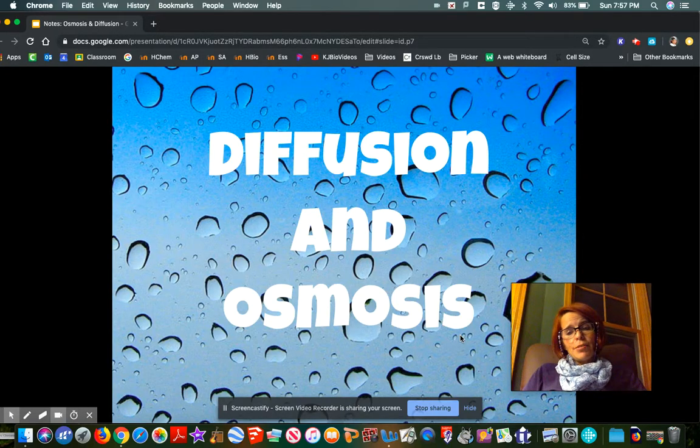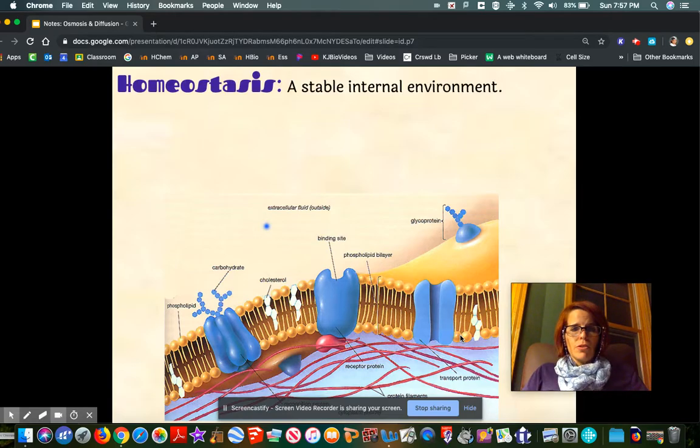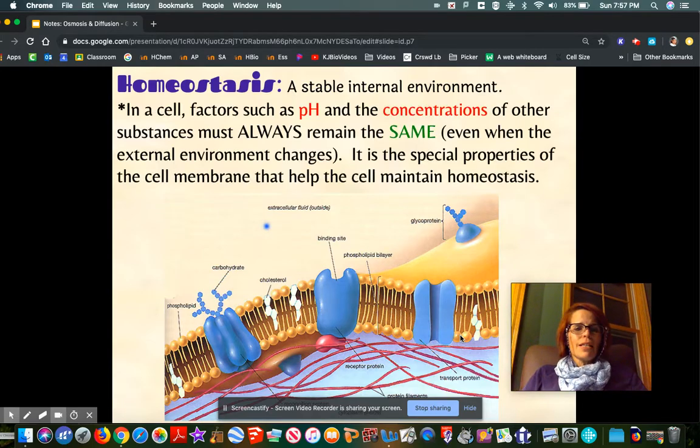We're going to talk about osmosis and diffusion tonight. The reason we're talking about osmosis and diffusion is that we're in the cell unit, and cells have to do something that's called maintaining homeostasis. This is a new word for most of you. If you break down the word, homeo means same and stasis means same. It's the idea that cells need to keep a constant internal environment, that the environment stays the same